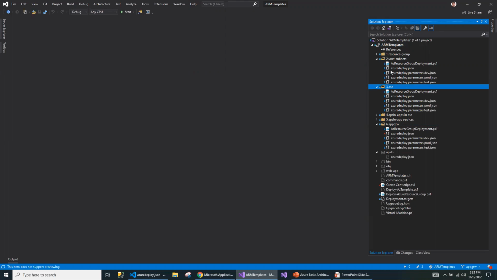The app service environment has a dependency on VNet, the app service plan has a dependency on app service environment, and the application gateway has a dependency on VNet. That's how I maintain the sequence, so that it is easy to manage the resources in the Visual Studio